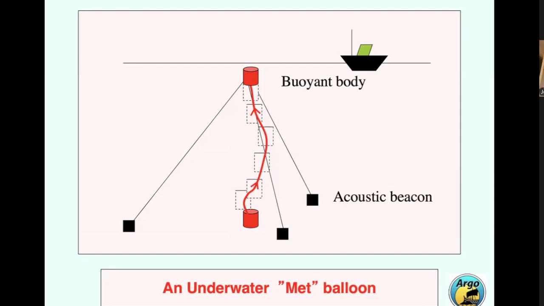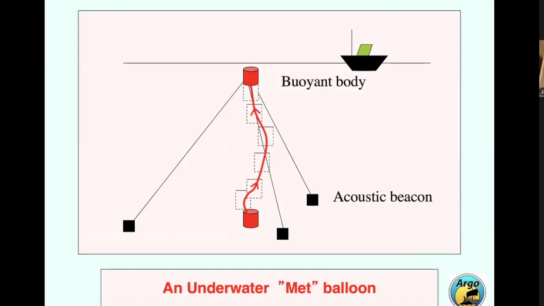And he thought, what if we could make an instrument that was slightly less compressible than seawater? If we ballasted it to just sink at the ocean surface, as it sank, it would gain buoyancy, and at some level, it would become neutrally buoyant and could drift with the currents at that level. And if you put an acoustic beacon in it, you could perhaps track it from a ship. Well,